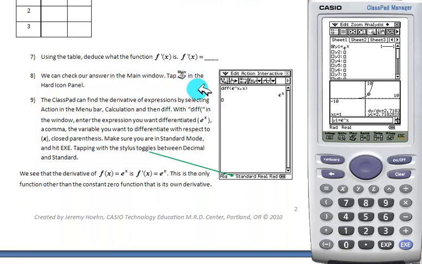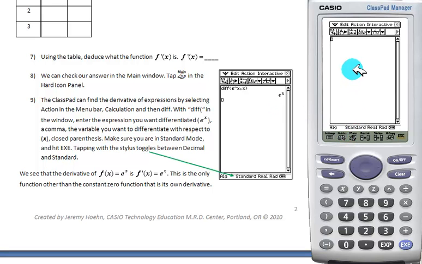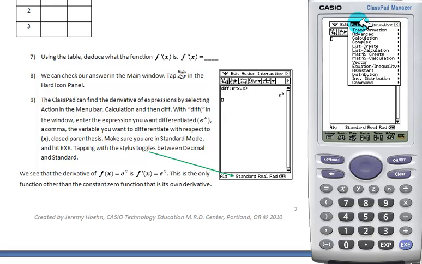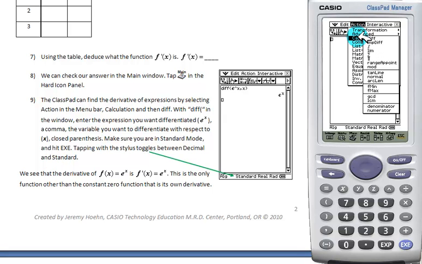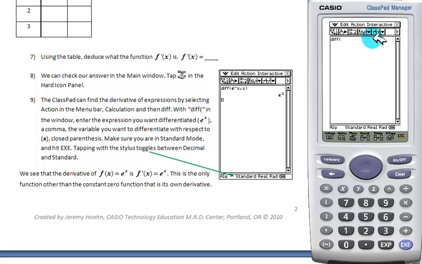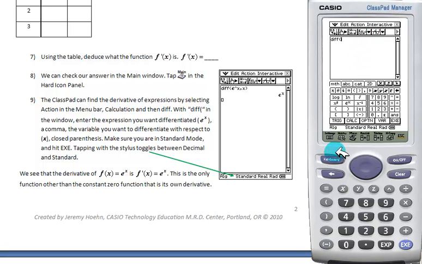We're going to check our answer by going to Main. Main can be found in the hard icon panel here. We're going to differentiate e to the x with respect to x. So go to Action, go to Calculation, select Diff. Now we have to enter e to the x again. Comma, and with respect to x, hit EXE,